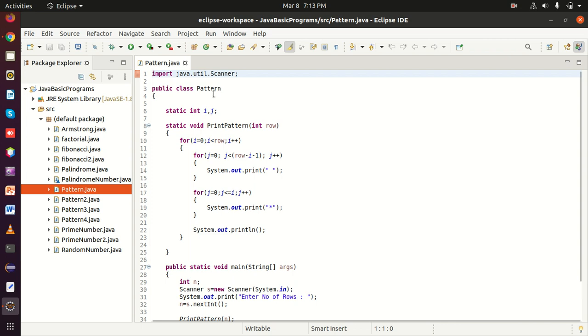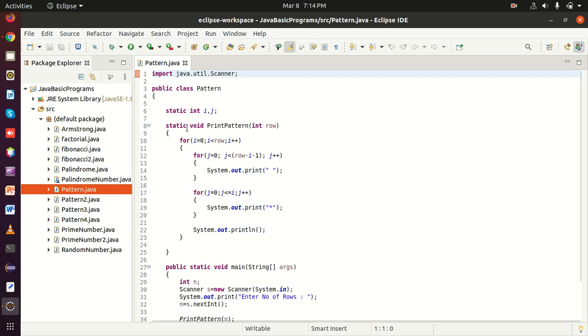And I have declared here two int variables i and j. We will see the use of i and j variables in the upcoming statements. Okay, so just see here how this one is working.